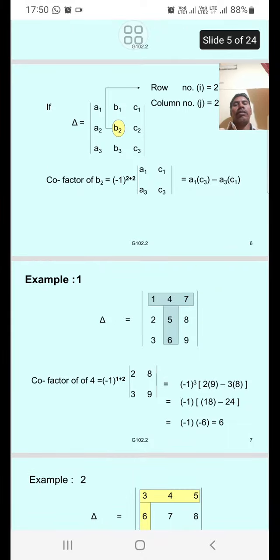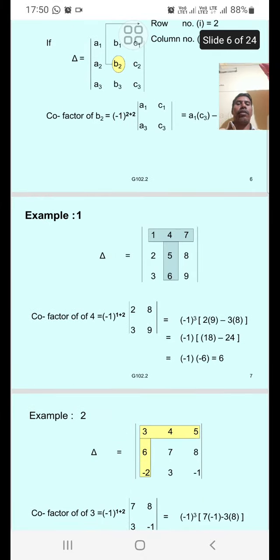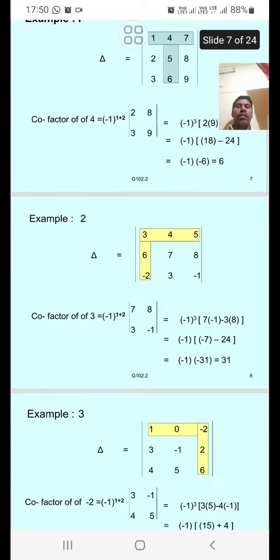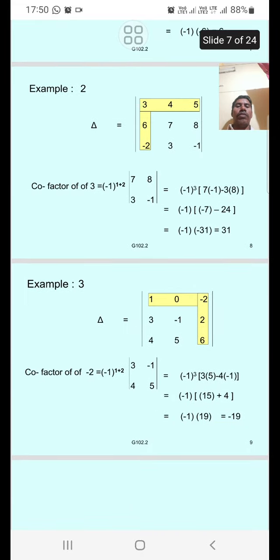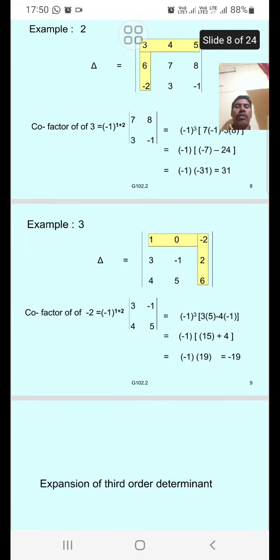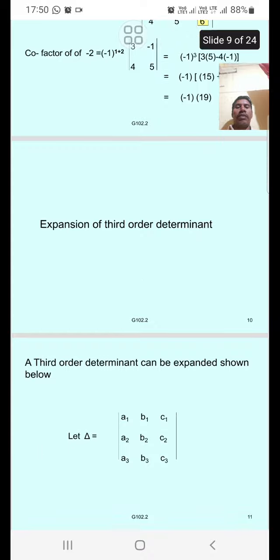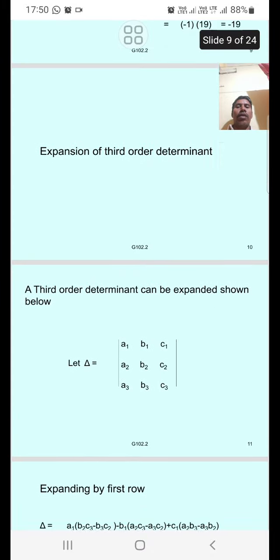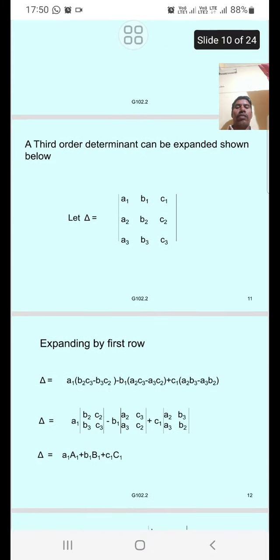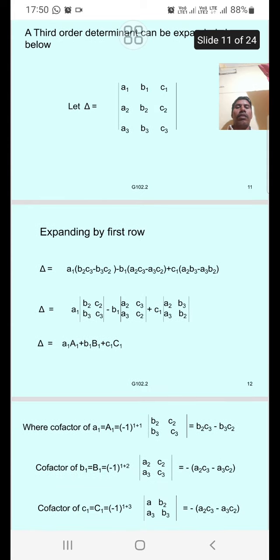So based on this, if we do, we will get the value of the 3 by 3 determinant. So we already saw in this presentation how to find 3 by 3 matrix determinant